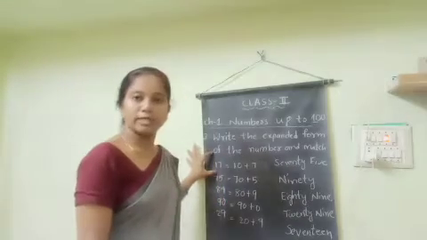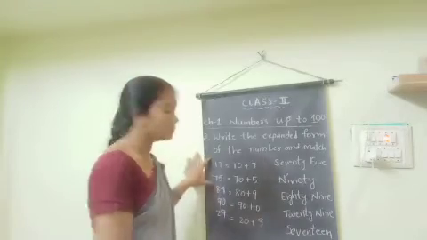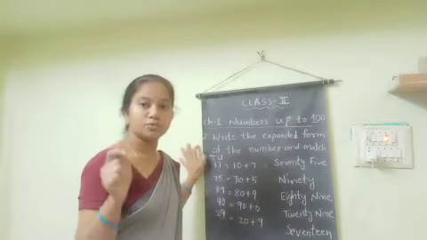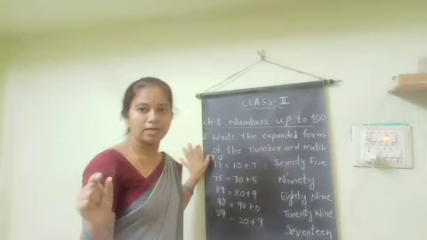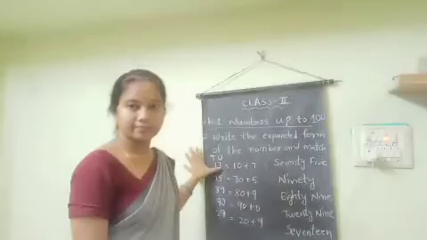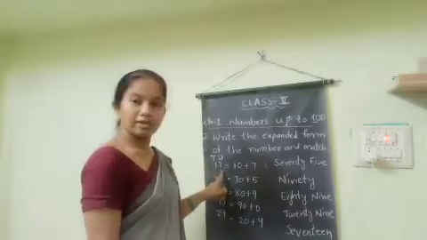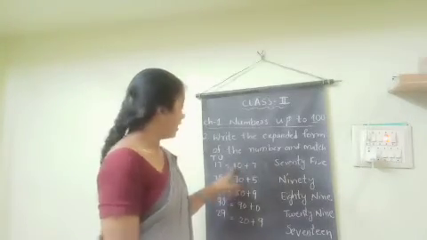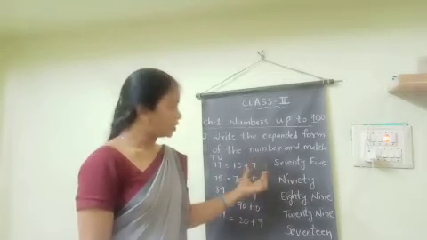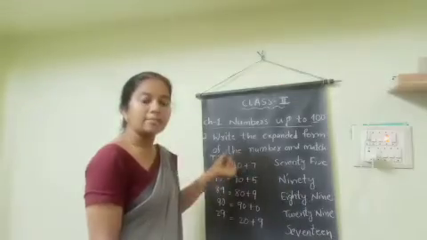See, these are 2-digit numbers, right? These 2-digit numbers need 2 places. What are those places? Tens place and ones place. Everyone should know what is place value, what is face value and expanded form. So here you have 17. The first one is already done for you in your textbook. In 17 you have 1 ten and 7 ones. So it is the expanded form, 10 plus 7.